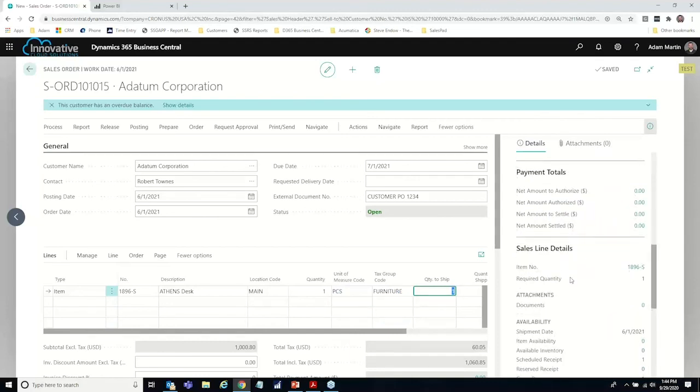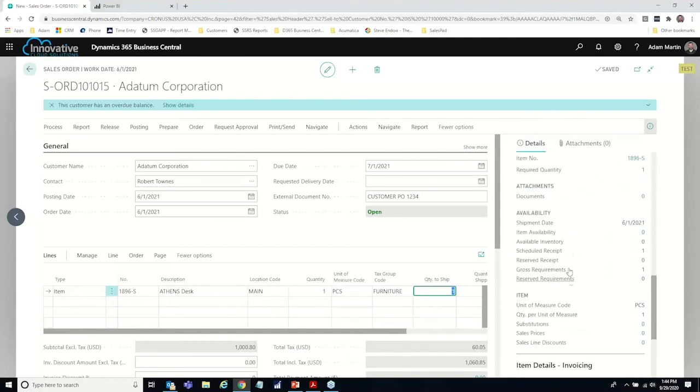And on the right-hand side here, what you'll be able to see is item availability. So pretty cool that this is all available to us right from this screen. We don't have to drill in to find out our availability. The item availability is available to us right within this window. So on the right-hand side here, I can see that I have zero